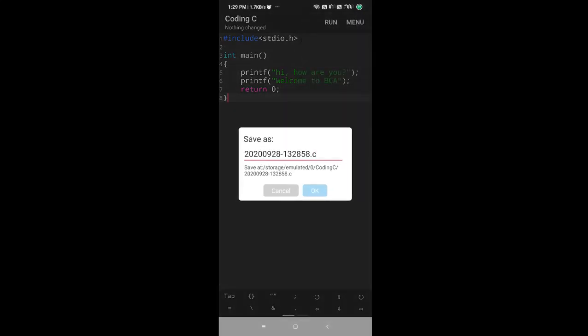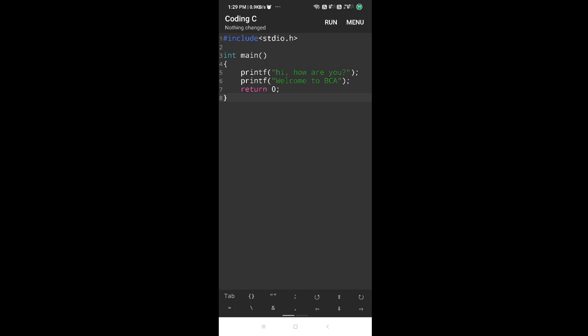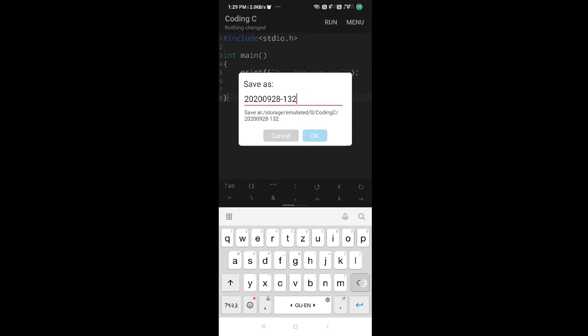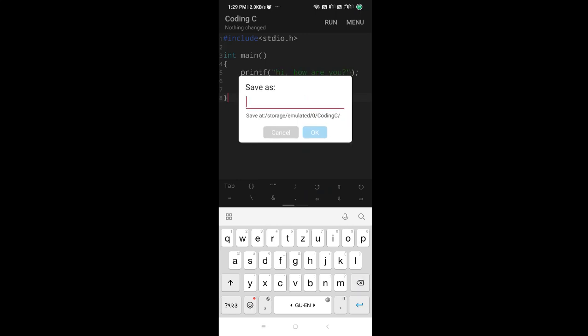If you are trying to save your program for the very first time, at that time it will ask you to allow the features. You need to select allow. After that, once again you have to go for menu, save, and then you can write a name of your file like